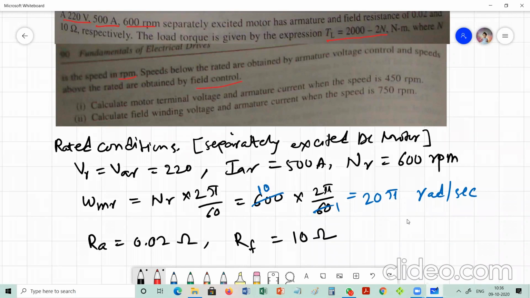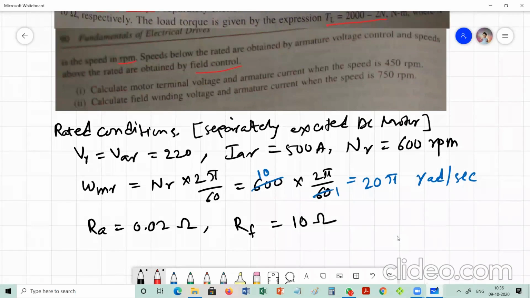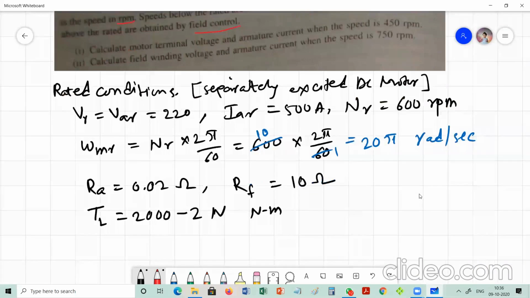Again they have given the load torque by the expression TL is equal to 2000 minus 2N Newton meter. This data they have given, and they ask